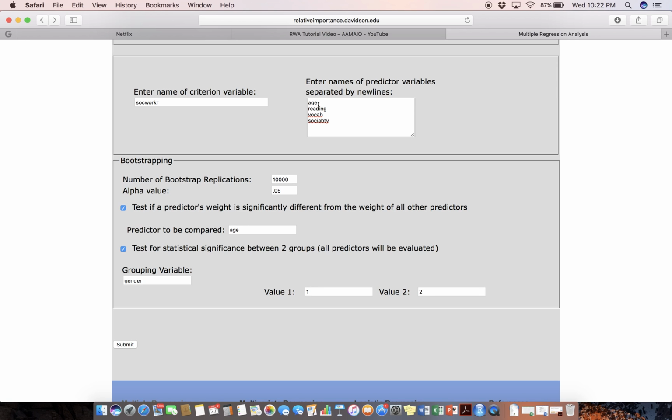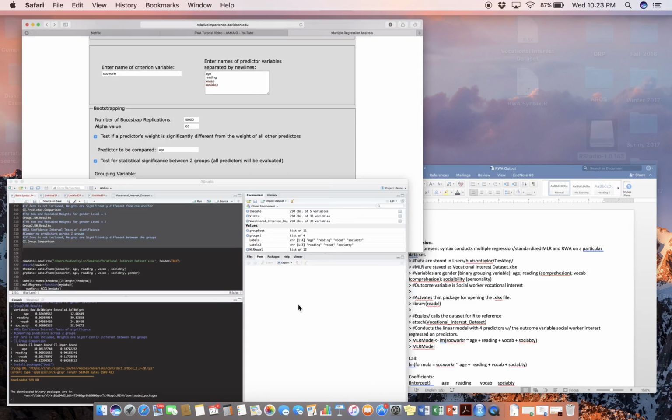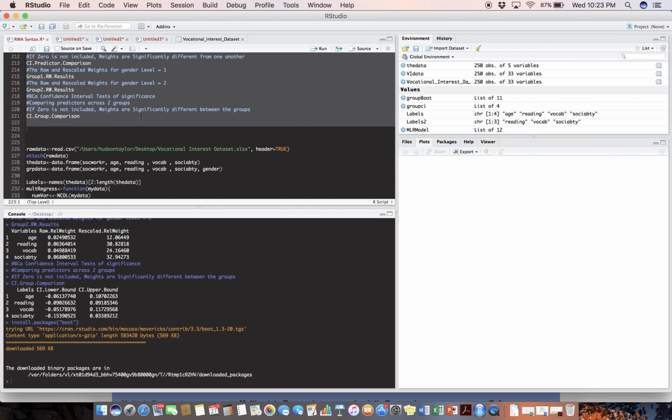So I have my 4 variables here, n-1. I would need to run 3 iterations, and by iterations, I mean including each of my predictors in this box here. So first it would be age, then reading, then vocab. I wouldn't have to run sociability because it would already be included with respect to each iteration. Again, n-1. In this case would be 3. I have my 3 iterations here, and I merged each of these iterations into the complete